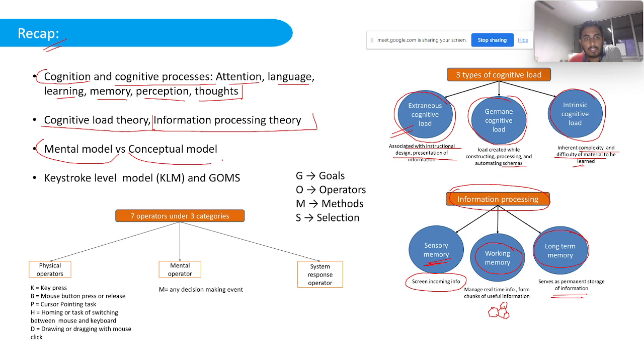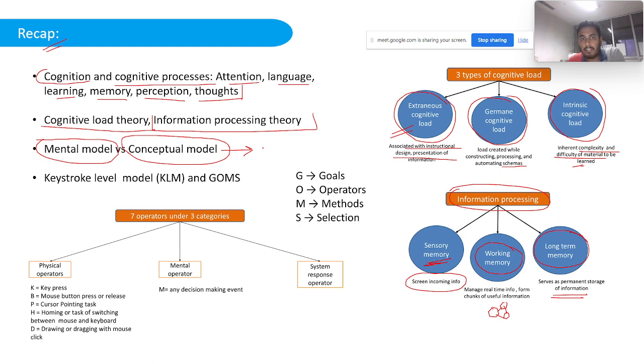After that, we discussed mental model versus conceptual model. So we discussed what is a mental model and what is a conceptual model. A mental model is basically the perception of a user about a solution space, and the conceptual model is what the designer defines as a solution based on the understanding of user requirements. And if there is no match between the mental model of a user and the conceptual model of a designer, what we have discussed is that